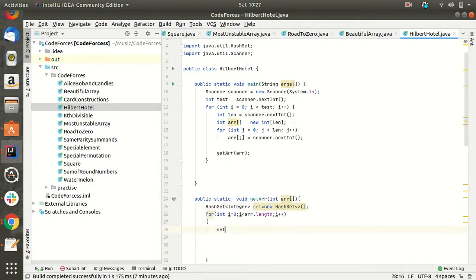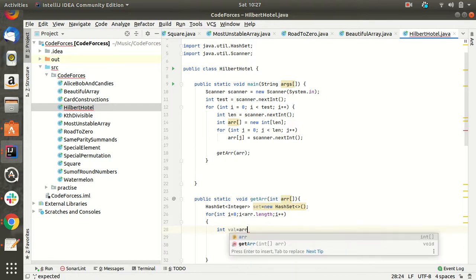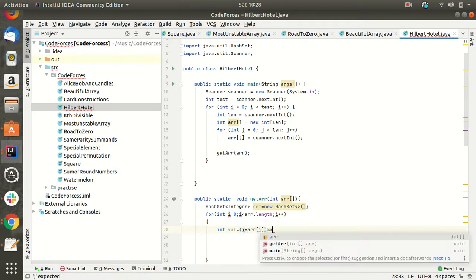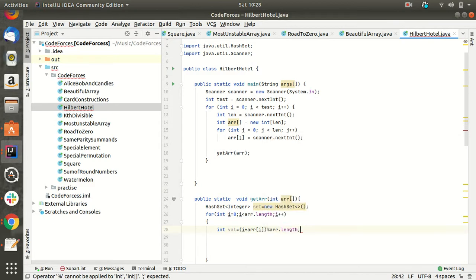Set.add. I'll create the value as array of i plus array of i, percent array.length. And we can do it again.